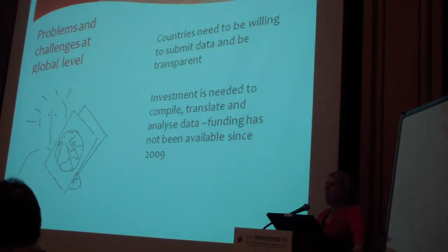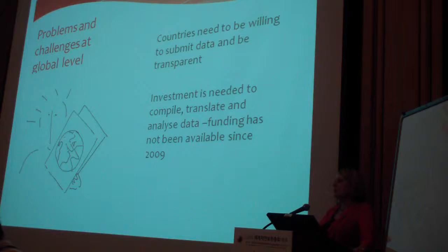Some problems and challenges at that global level relate to the reluctance of a lot of agencies, especially to submit data and to be transparent. Some agencies will give it in a lumped up form, some are really reluctant to share it at all. So there's the